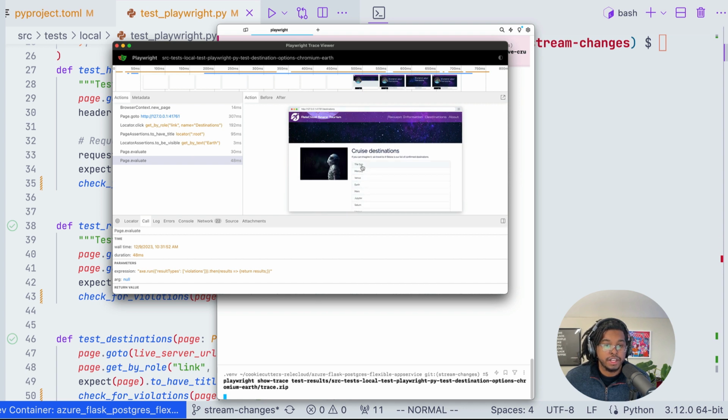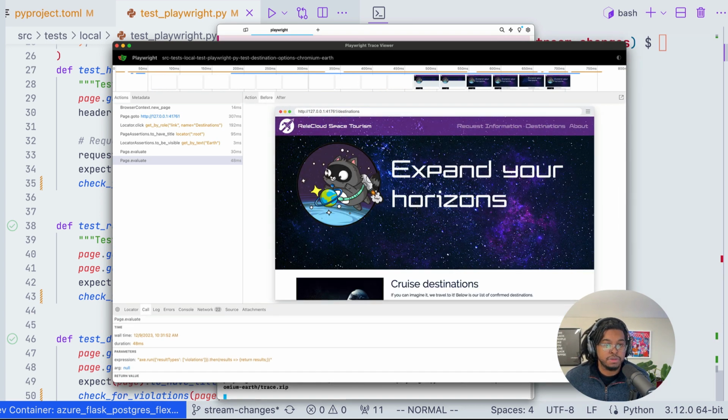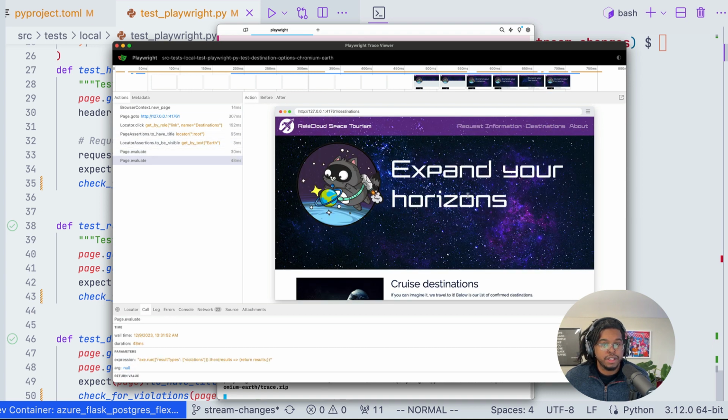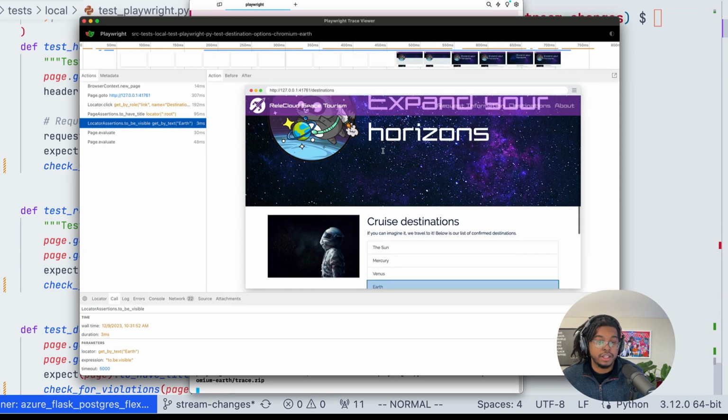And as you can see, we can actually go in here and we can interact with these individual units. This is an actual Chromium window. So we can see what the action is. We can see what the action was before, and we can see what the action is afterwards. So on our action, if we want to get to our Earth window, let's click on that. We see that we've selected it, which is great. And if we wanted to